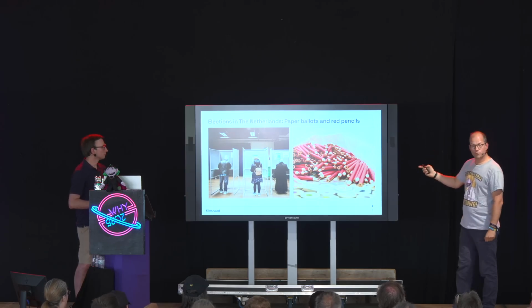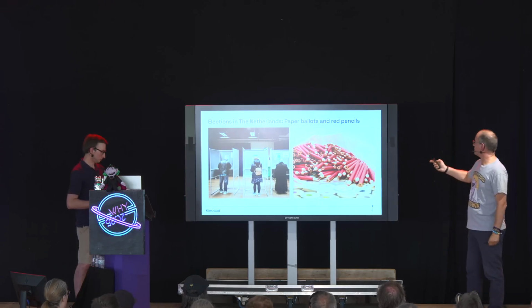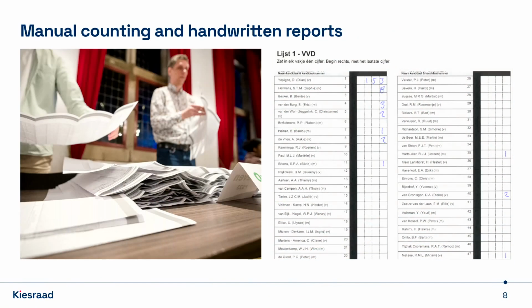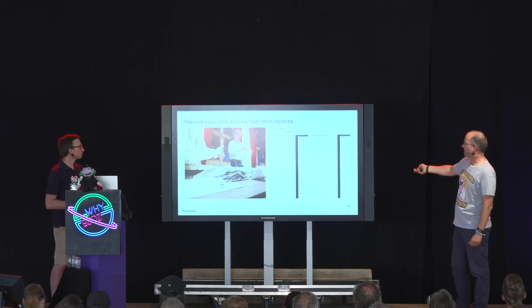Everyone who lives in the Netherlands, who's a citizen, can vote. Depends a bit on the type of elections. And the counting is done by hand. So at each polling station, people count the ballots and write down the ballots in the reports from the polling station. And these reports are then